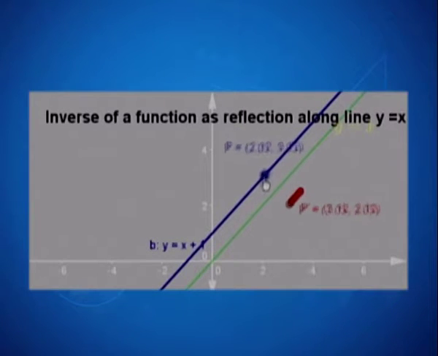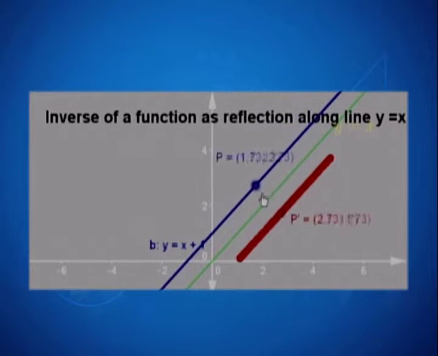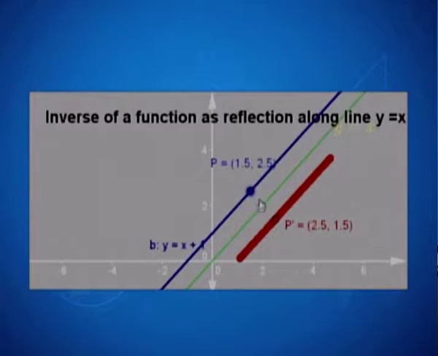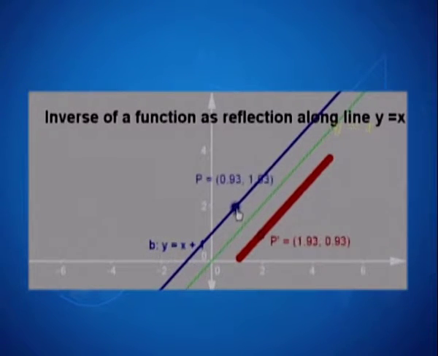Observe it further. If I drag this point P along the line y equal to x plus 1, P dash is also leaving a certain trace, a certain locus is being formed. What would you expect the equation of this locus to be? If you had kept an eye on the coordinates of the point P dash as P drags along the line, what do you see? Is there a relation?